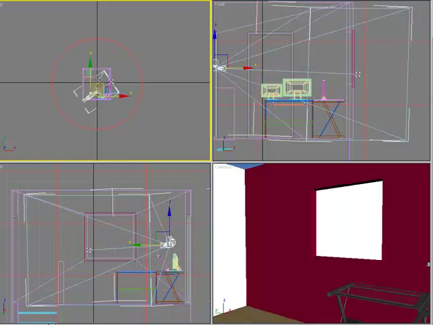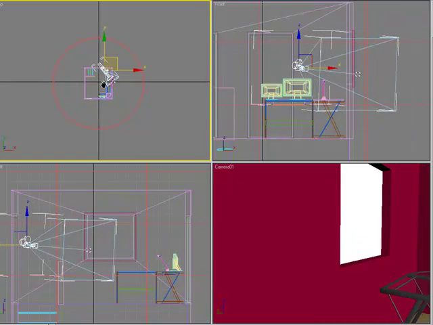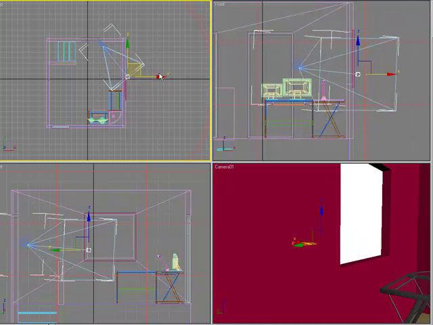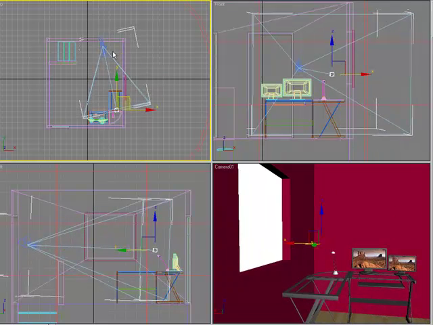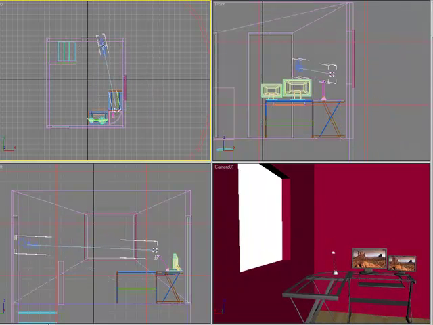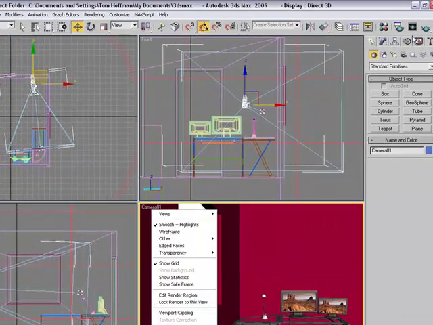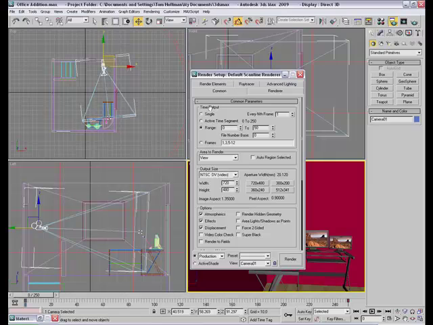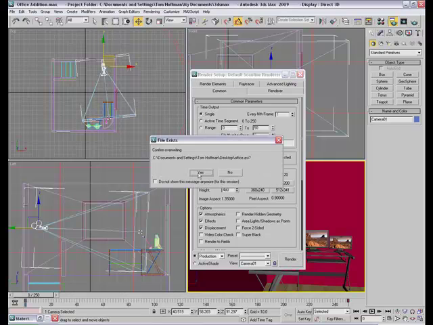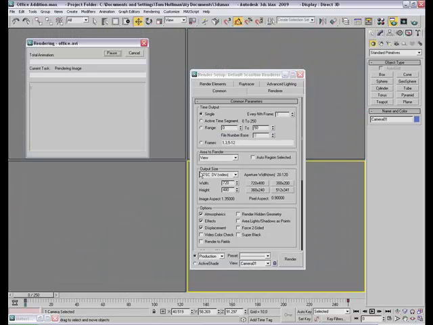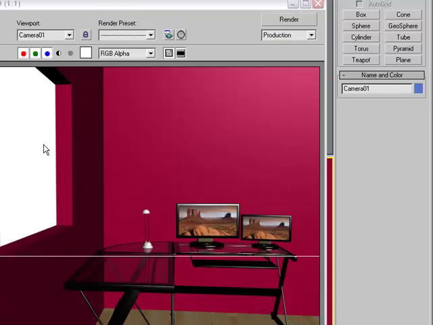maybe, let's see, I'm trying to find the right angle here. I might have to go down and adjust this. Maybe I was focusing on the desk and I had my camera over here to the side. Now I could do a quick render of that. We'll do a render setup and do a single. Yeah, I'll overwrite that. Now once it renders,